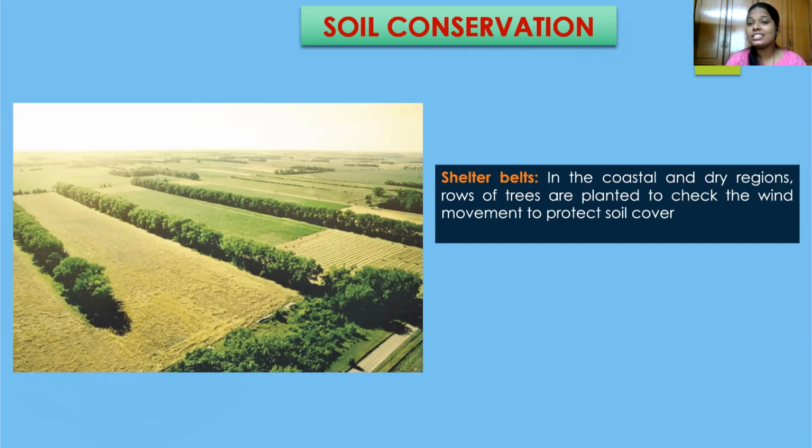So what we do is the shelter belt. As I have explained, the barrier is the tree. A shelter belt is when we plant trees in a line. In this way, we will be able to protect against soil erosion. So these are how we can protect our important resource, the land and soil resource, which is a basic and utmost important resource of our earth.